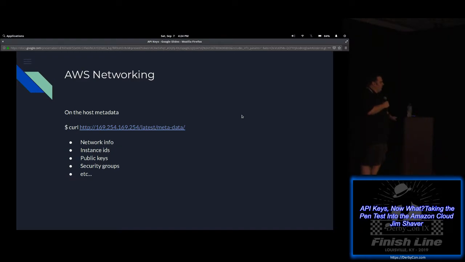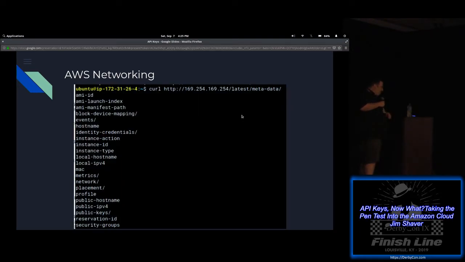So if you get a shell on a box that is running within AWS, you can get certain metadata about the box, things like IDs, policies, security groups, network information, that type of thing. You just have to curl this magic URL within the VM, or if you have a web shell or whatever. So an interesting note about that, I guess. And that's kind of what it looks like. So you get information back.